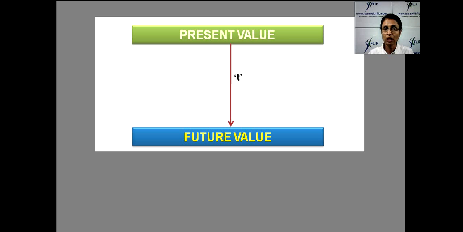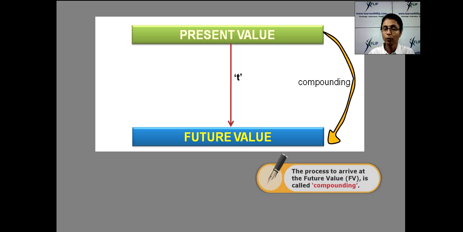Present value is a very critical concept. It's used, as I've mentioned before, widely. So if you look at today's value, as I've already mentioned earlier, at some point of time t in the future, as money earns value, it turns into the future value, a process called compounding. Now when we know the future value,